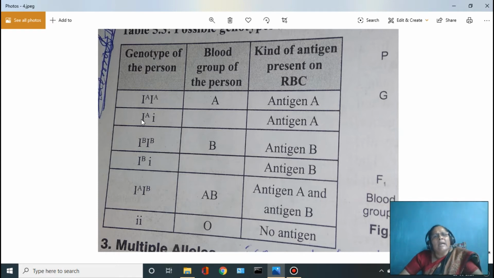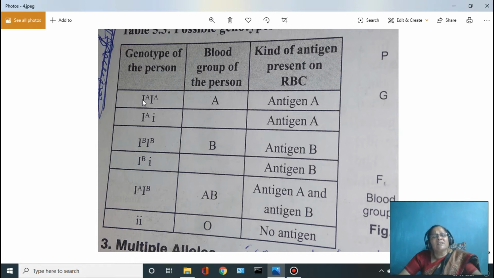So, a gene normally has two alleles. In some cases, a gene has more than two alleles, and these alleles present in the same chromosome affect the same character in different ways. That is called multiple allelism. Here again, we have seen the human blood group system. The ABO system of blood group is an example for multiple allelism.